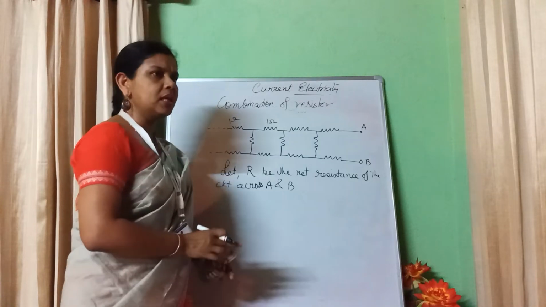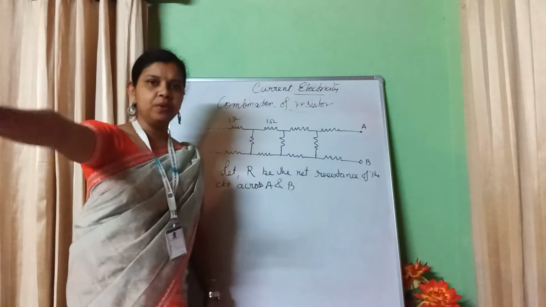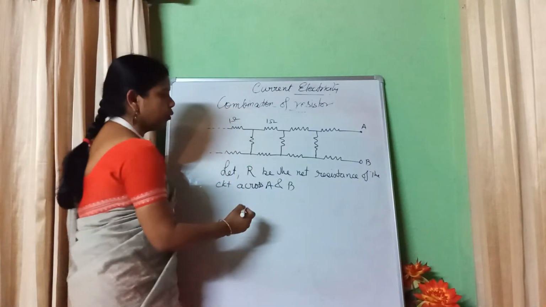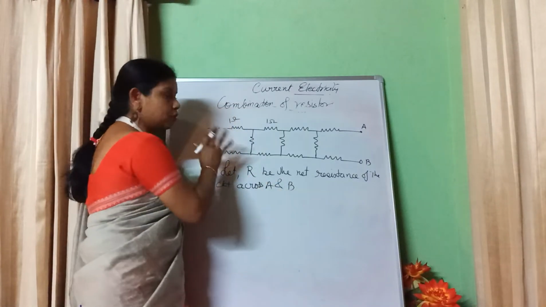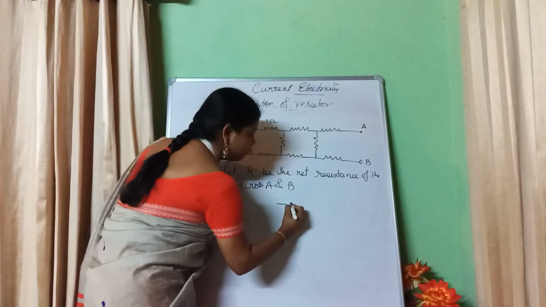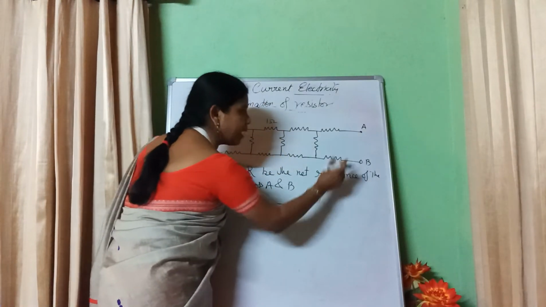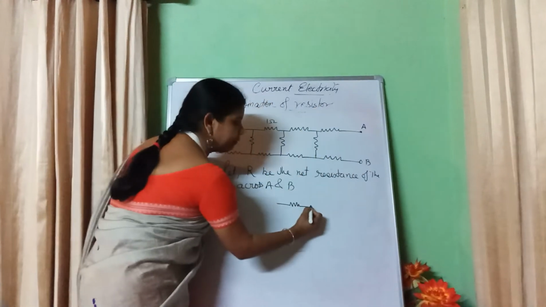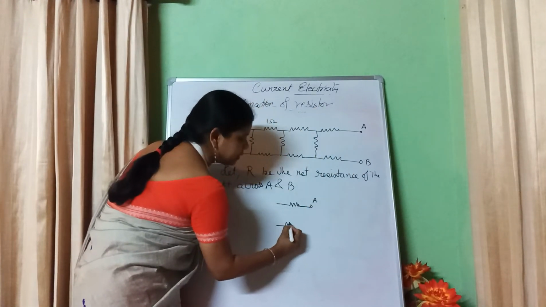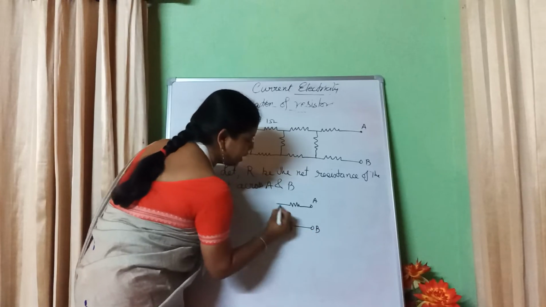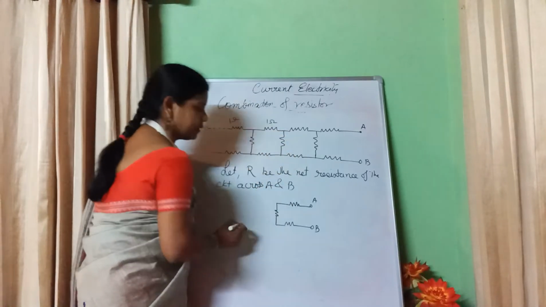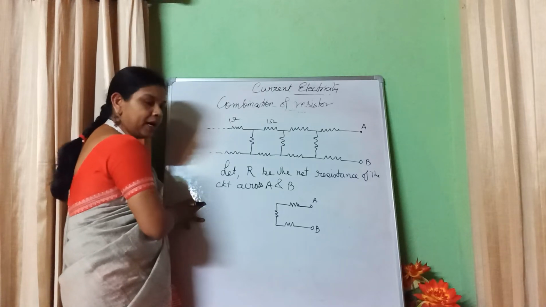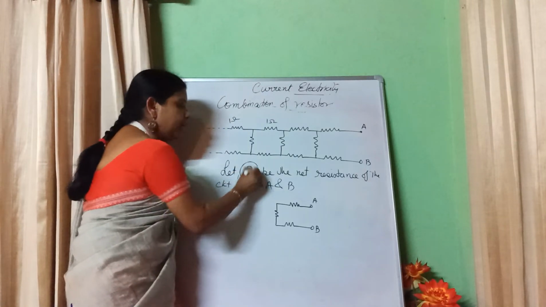Equivalent circuit means, see, if I have an infinite loop and I remove the latter part also, nothing will happen. So this is the way we solve it. We have to keep only the last part of the loop. A and B is connected to which part? That part only I will retain. It is A, there is another one, this is my B. The other part I have removed. Instead of the other part, I will consider this R to be the other part.